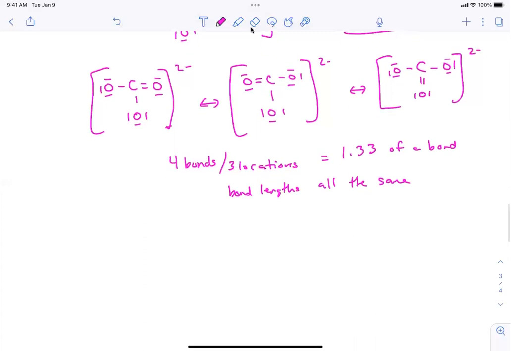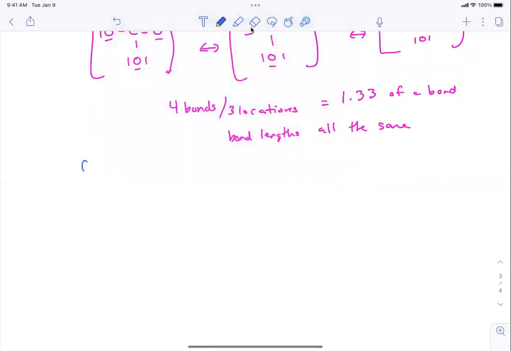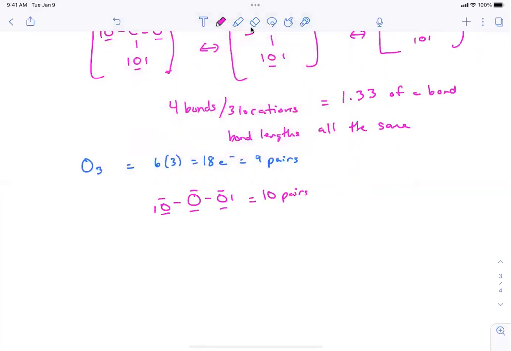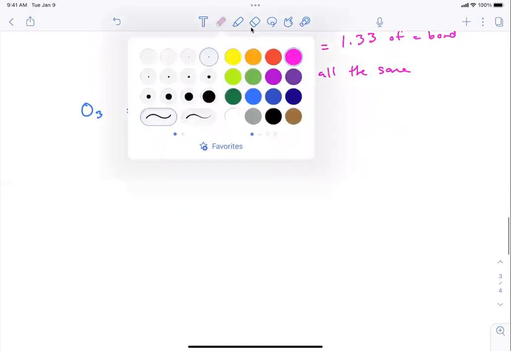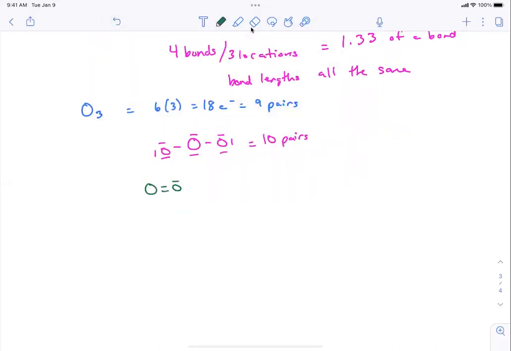Yes. Yeah, that's a good question. Let's say we have ozone, O3. That is 18 electrons or 9 pairs. If we draw our test structure out, we see that there are 10 pairs. So we have to eliminate 2 lone pairs and make a bond. The problem is they're the same. So you'd have to draw both this way